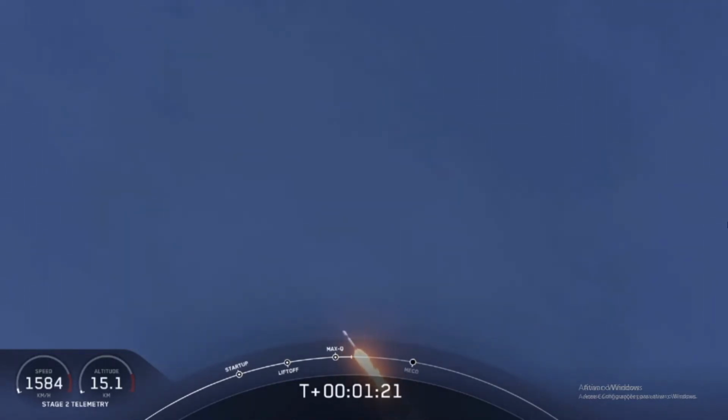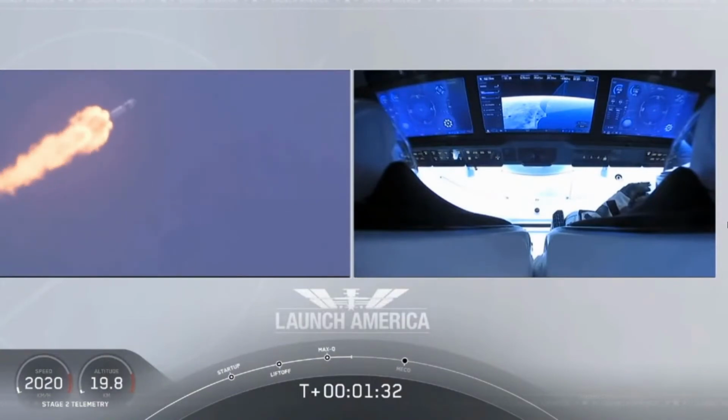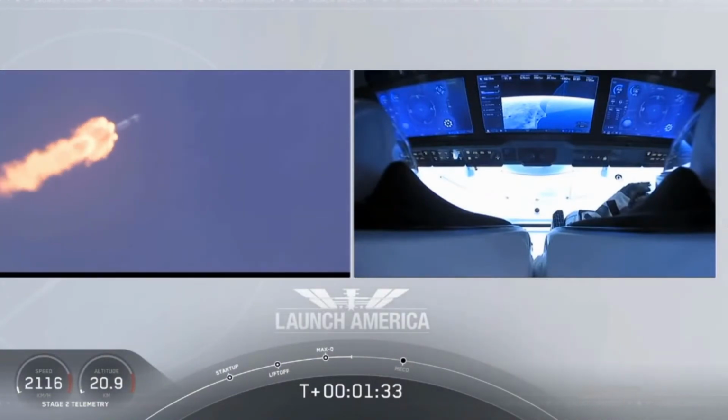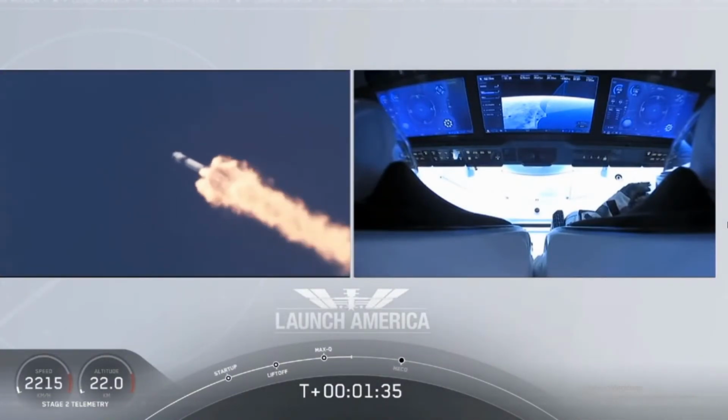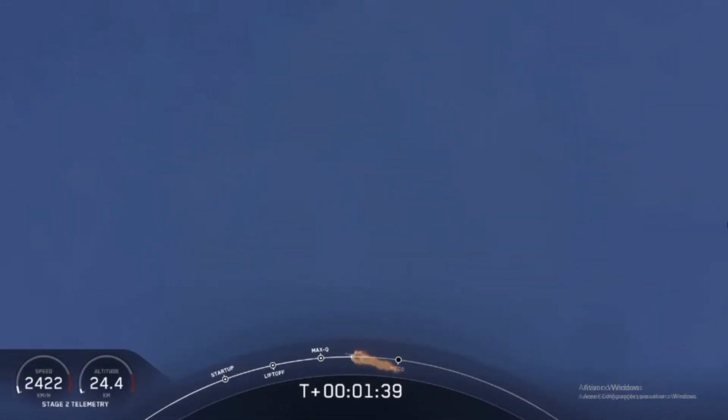Copy, 1 Bravo. And we heard that 1 Bravo call out. That's just the second abort zone that they're in. They'll continue to be on this until the first stage has done its job and they switch over to the second. At this point, Bob and Doug are pulling about 2.3 Gs, 2.3 times the Earth's gravity, already moving at over